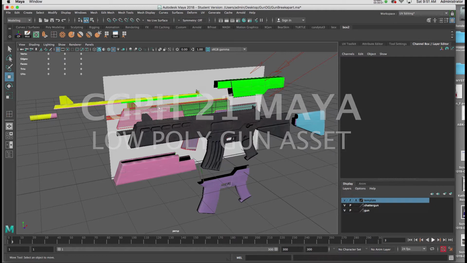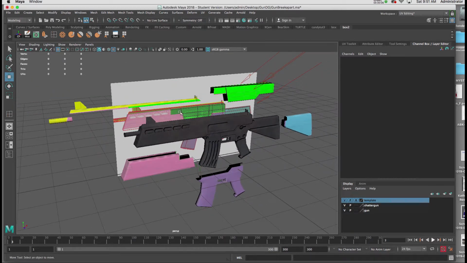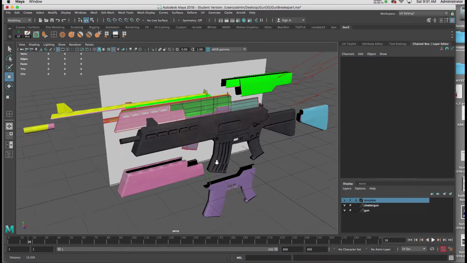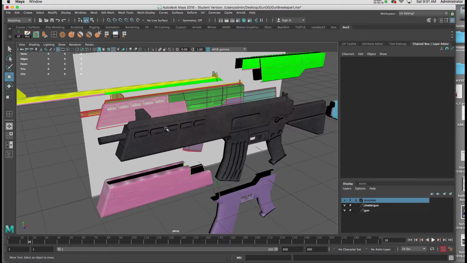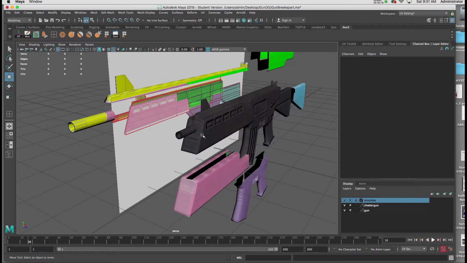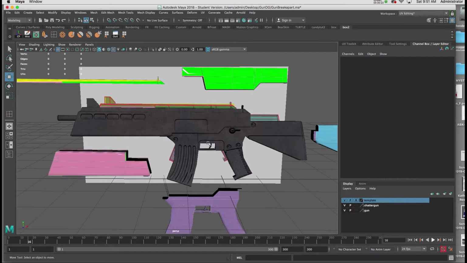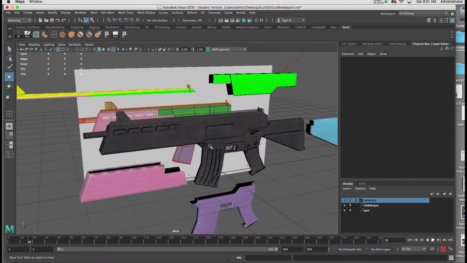In this tutorial, we're going to create the gun asset pictured in the center. I've created this breakaway so you can see the relationship between the modeling process and then the bump map process we'll use to put the details on the gun. So this will be a combination of the extrude tool, the edge loop tool, and the toolkit to create some